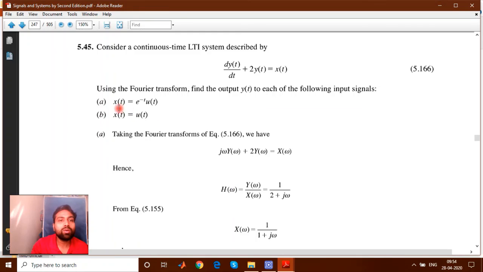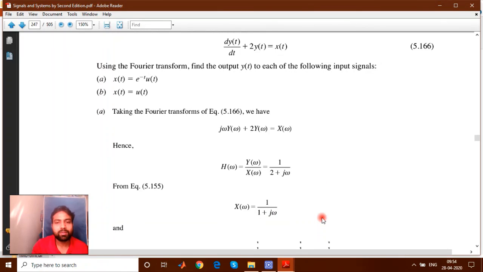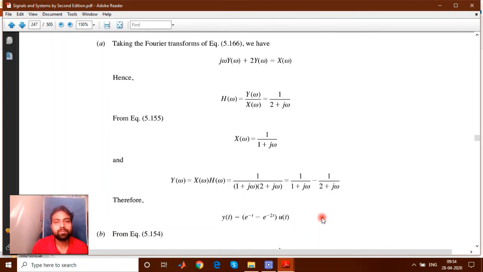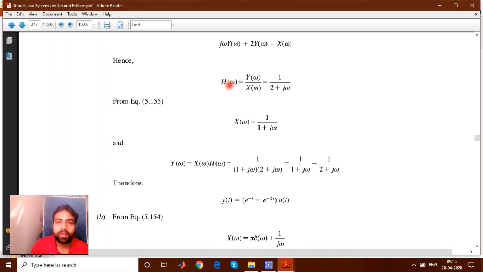Now how many X you have? You have one X in this case and a second X in this case. So that's why this is found, for convenience, but we do not have to repeat the same equation. We found this X(omega) in this case, so in this case X(omega) is 1 upon 1 plus j omega. We have H(omega). So Y(omega) is nothing but always H(omega) into X(omega), multiplying these two.